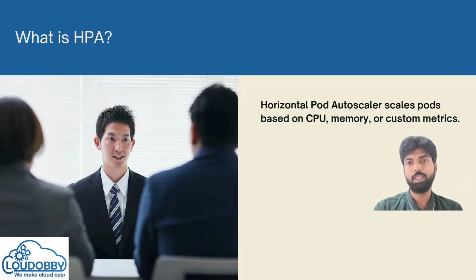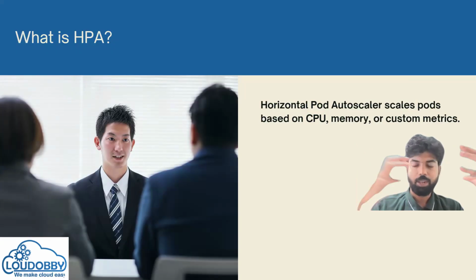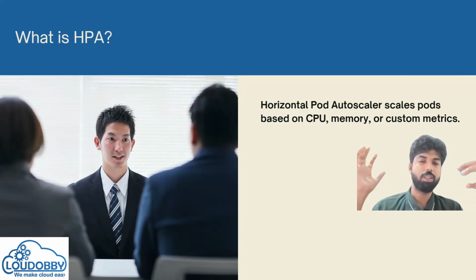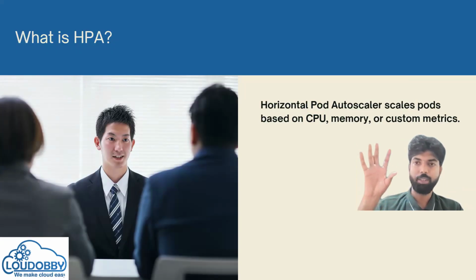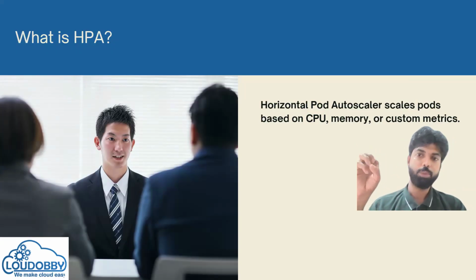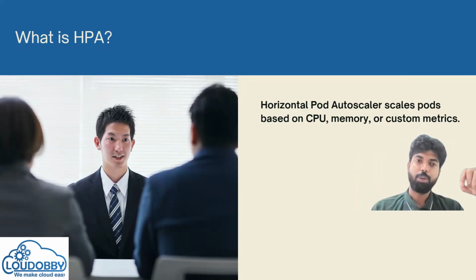HPA, this is for scaling. Horizontal pod autoscaler, which scales your pods. How do you know whether you need to run 3 containers, 4 pods, or 5 pods? When the traffic is increasing, based on the CPU and memory usage, it will increase the pods and it will decrease them. This is where the metric server comes into place. There is an agent called metric server that will help to monitor the pod metrics and whatever other metrics.